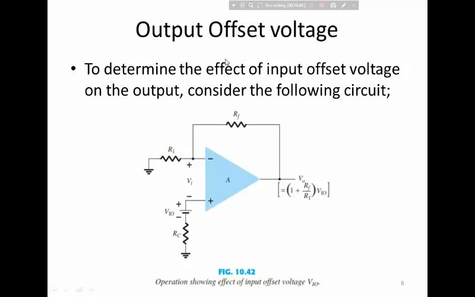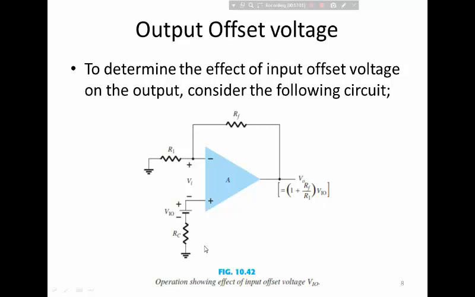First of all, we will try to see the effect of input offset voltage on the output. So the output offset voltage due to the input offset voltage is what we are going to consider. To determine the effect of input offset voltage on the output, we are going to consider the following circuit,